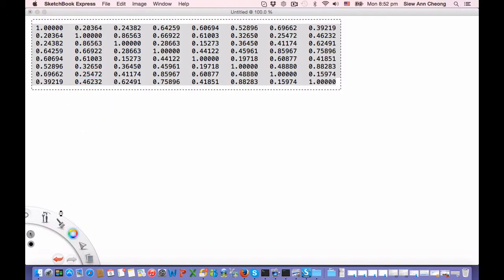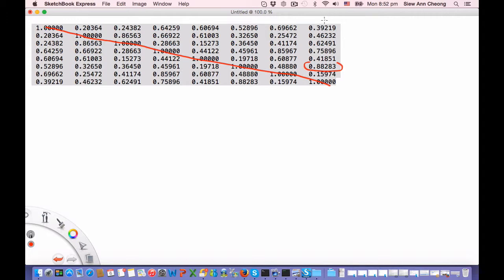Let's first get rid of the diagonal, and we're only interested in the upper diagonal. And of course, through doing this example so many times, we know that the largest correlation value is 0.88, which is this one here,